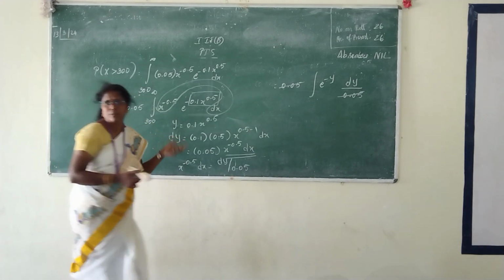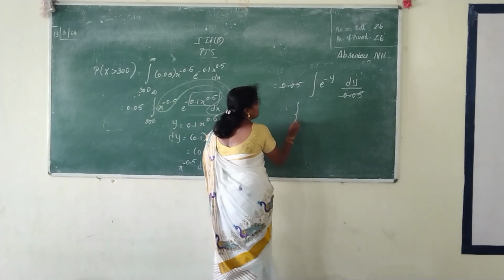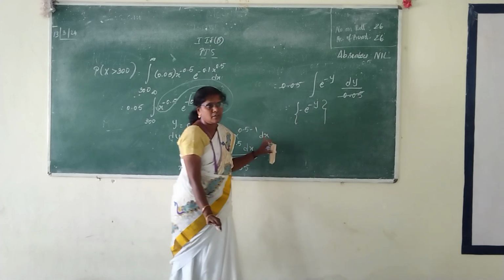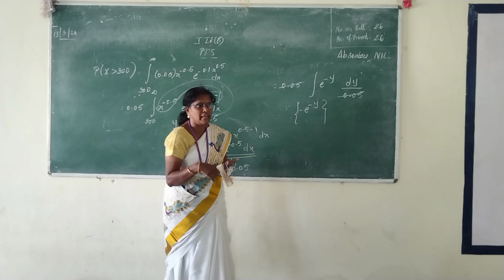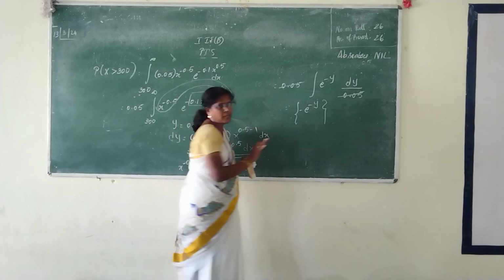x variable. What is the integral of e power minus y? Minus e power minus y. This is the integration, but we don't know the limit value for y, so change everything in terms of your x variable. The calculation will be lengthy on your calculator. Okay. So minus